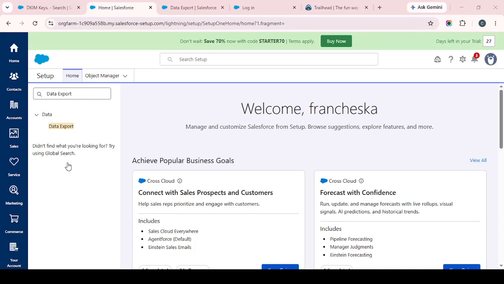In today's video, I'm going to teach you how to sign up for Trailhead on Salesforce. To get started, open Google Chrome on your computer. Once the browser is ready, go to